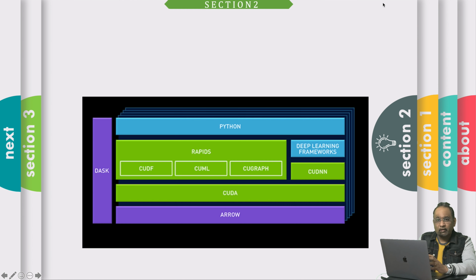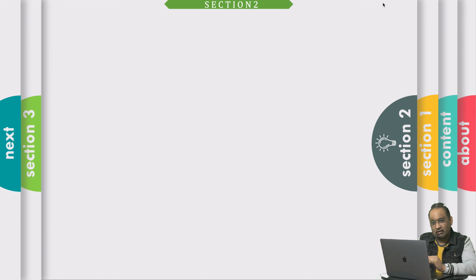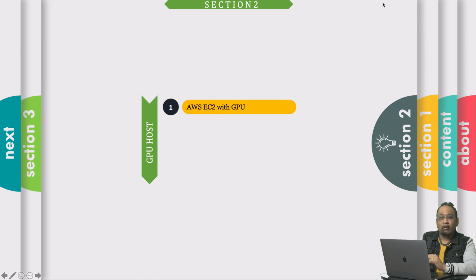Now that we have a brief understanding of GPU accelerated training using Rapids, let's put it into action and develop our first machine learning model using Rapids over the GPU hardware. When it comes to building the real-time ML pipeline using GPU, the task can be broken down into two categories. First, provisioning the GPU-enabled host and installing the required CUDA and Docker libraries on it. And the second is Dockerizing the actual machine learning code with the help of Rapids. We will see both these steps in action, and let's start with provisioning the hardware for running the GPU accelerated training.